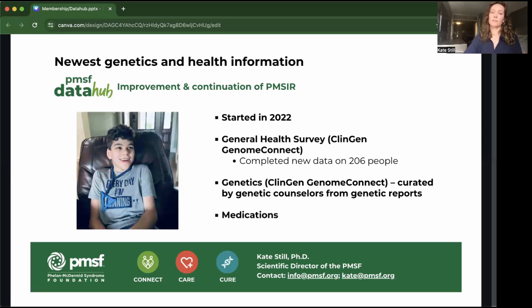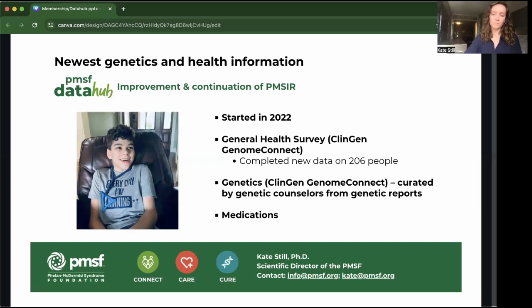And the survey asks some general body system questions such as, does the person with Phelan-McDermid syndrome have issues with their eyes or vision, or their nervous system, or their endocrine system, etc. If the answer is yes, the survey expands into more detailed questions on specific diagnoses in that area, as well as date or age of diagnosis and things like that. So we have data from that survey on more than 200 people at this point